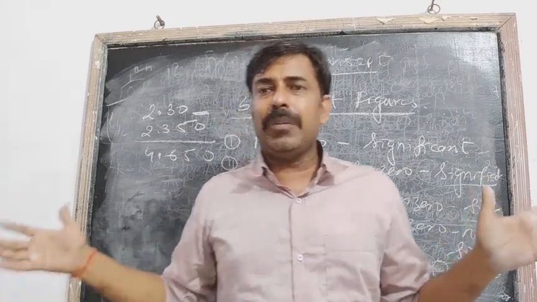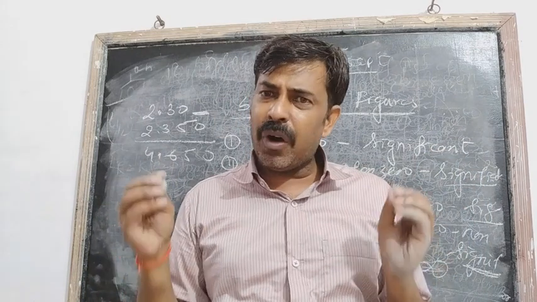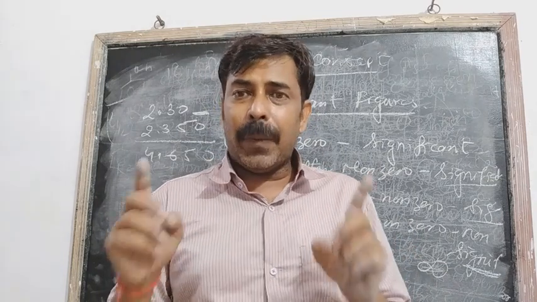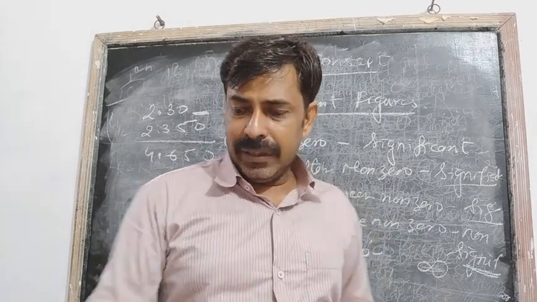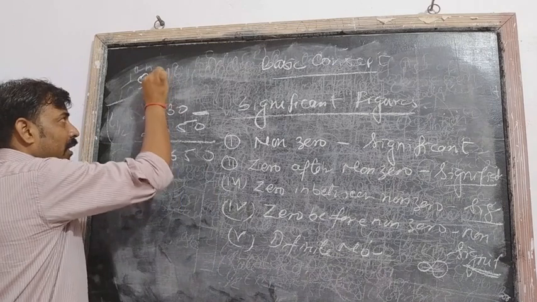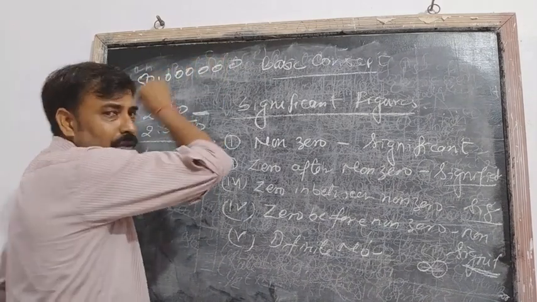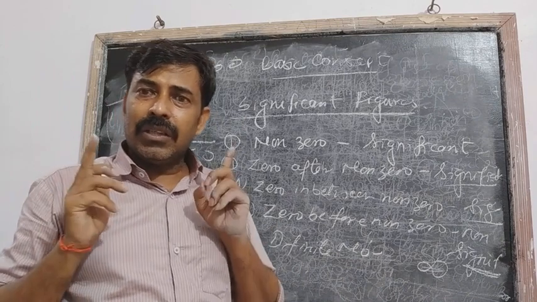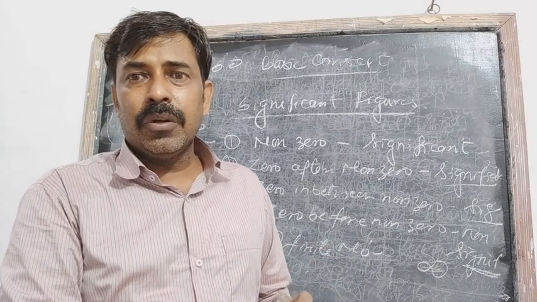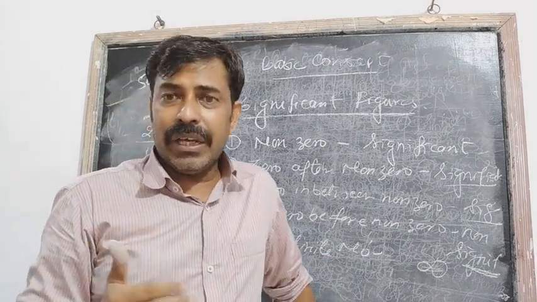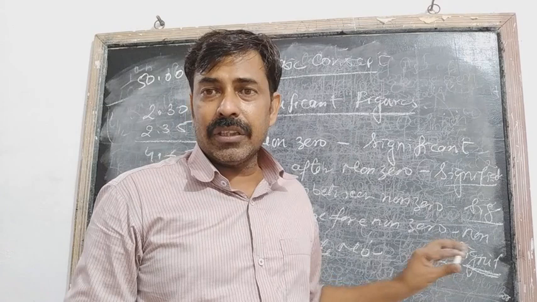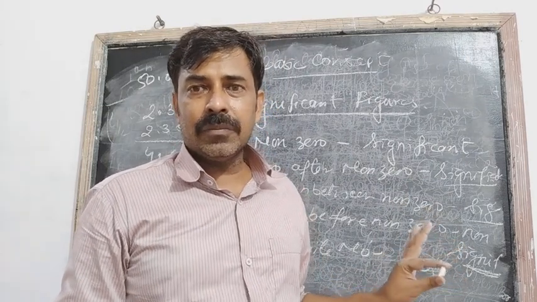If you are thinking that there are 50 whole children and one half child, such a condition is never possible. And if that condition is not possible, then 50 students is a perfectly definite number. When we write 50, the number of students, then we can write 50.0000 till infinity, because the number is perfect. All the numbers coming after the point must be 0, because the number of students can't come in terms of a fraction. So in the case of a definite number, the number of significant figures must be infinite.